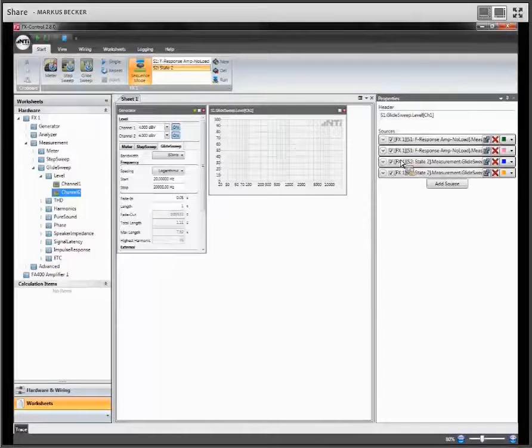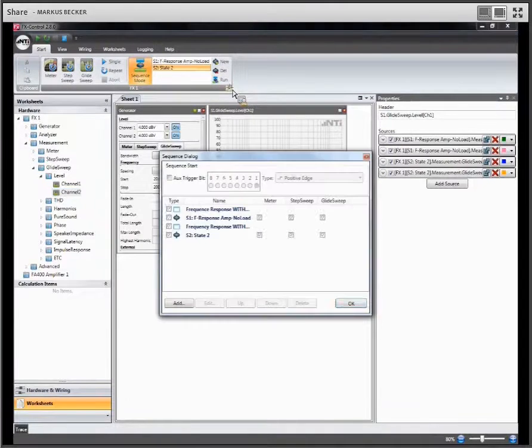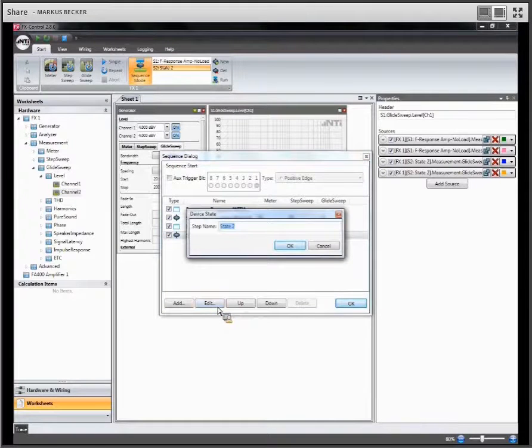You see there are 4 curves from step number 1. The frequency response, channel 1, channel 2, that was the step with the disconnected load, and step number 2, again, frequency response of the 2 channels, but now the load will be connected. So let me rename that second step, that second measurement as well. So I call it frequency response and